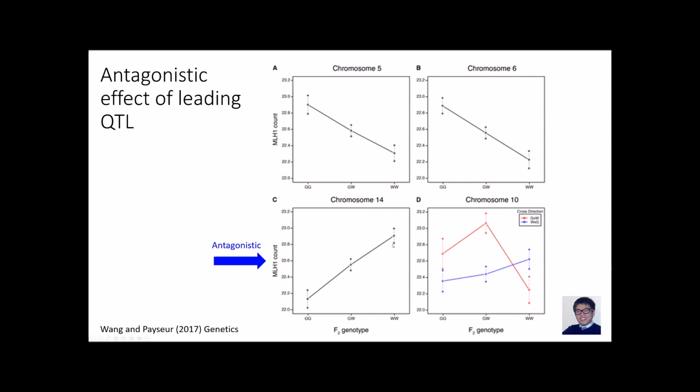But there are also QTL that show other patterns, including this one on chromosome 14, where the allele from the high parent is decreasing the total number of crossovers. This is again a QTL with antagonistic effects that is similar to what Beth found on the X between subspecies, but this time it's on the autosomes. Okay, so